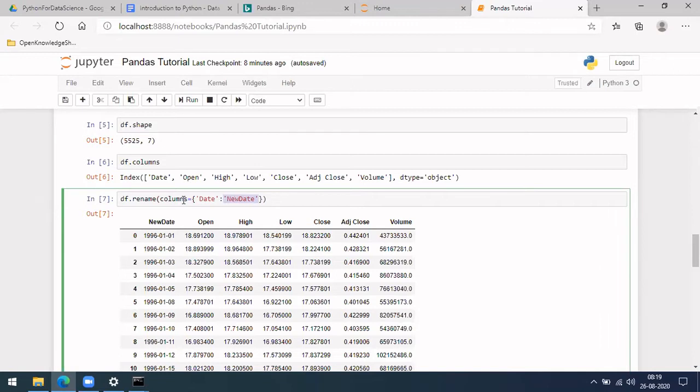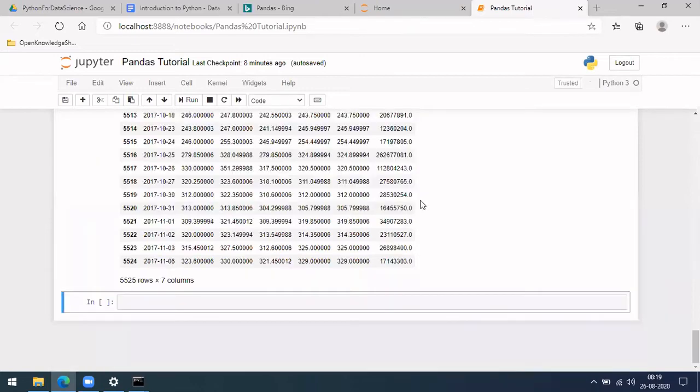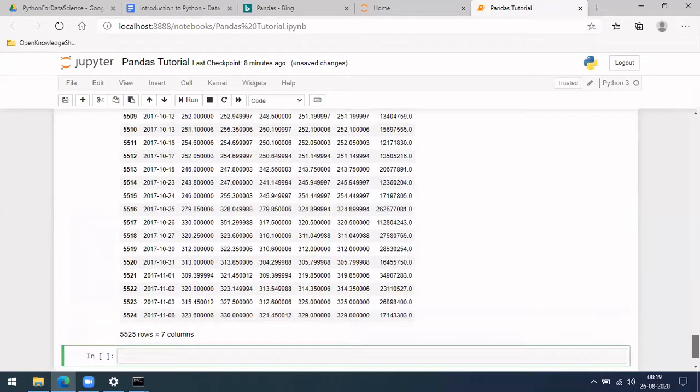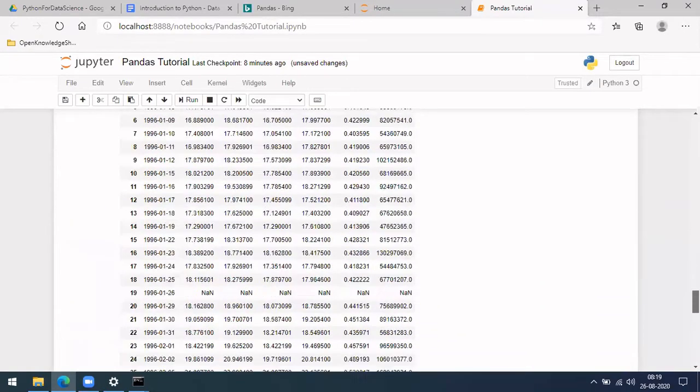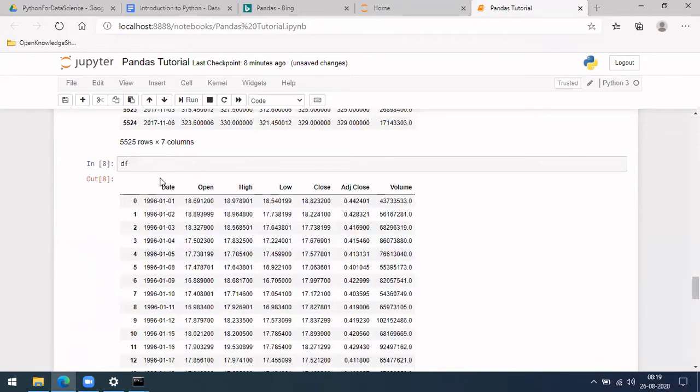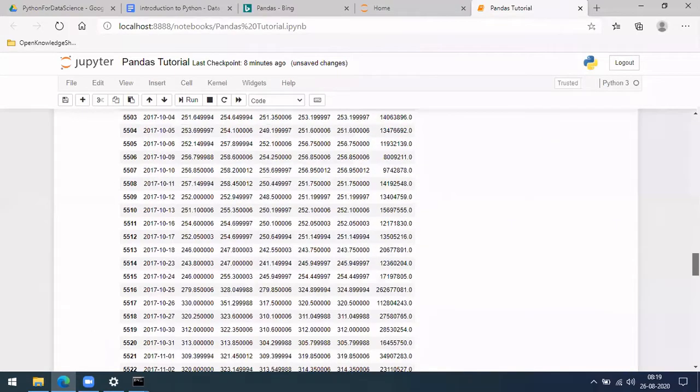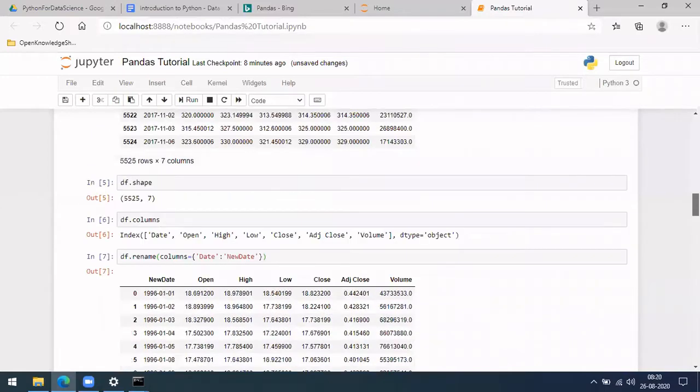Okay, but if you do this, let me go down and see df now. Let me scroll up a bit. If you can see, in df, date is not changed yet. What it has done is it has changed it here, but we did not assign it back to df.